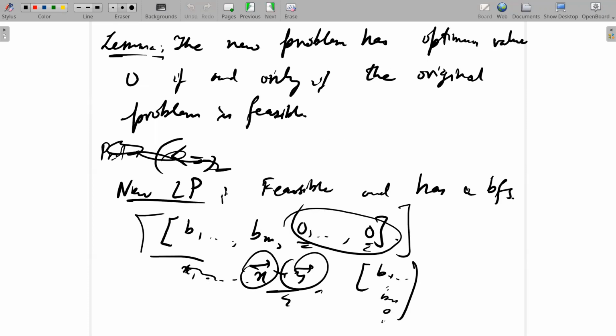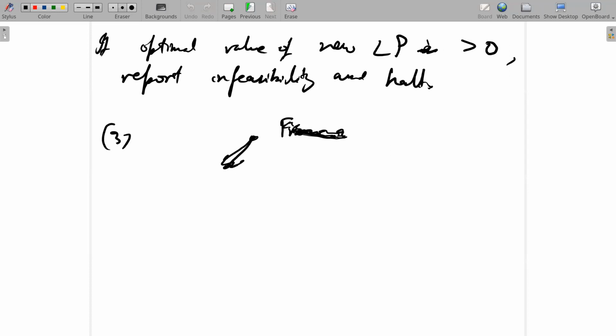The other way is to actually show that if the original LP, okay, so if